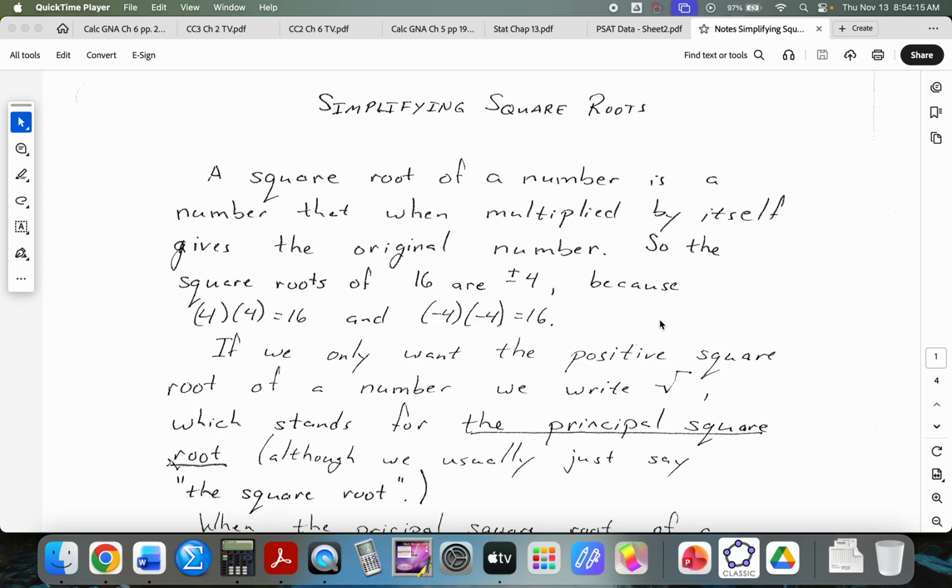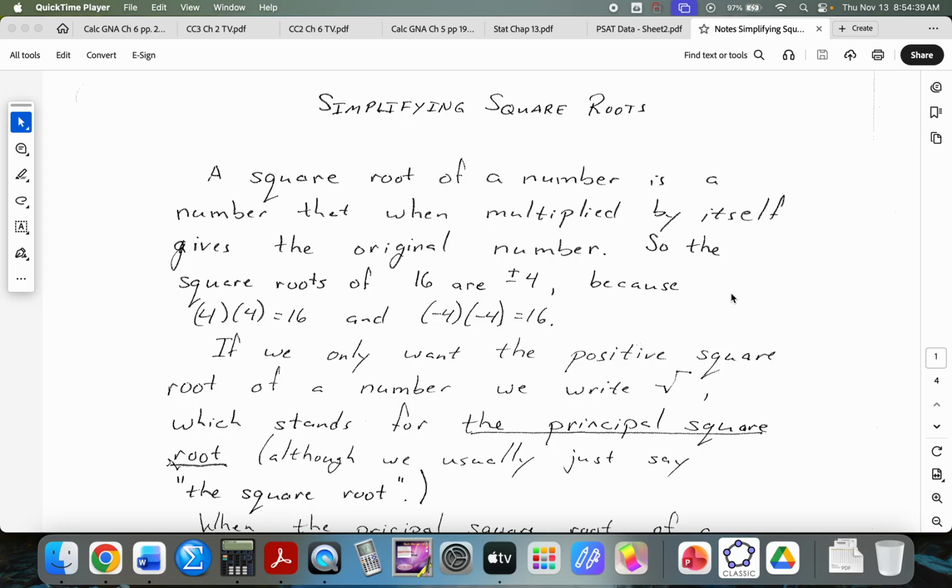So just as a reminder, a square root of a number is a number that when multiplied by itself gives the original number. So the square roots of 16 are positive 4 and negative 4, because 4 times 4 is 16, and negative 4 times negative 4 is 16. By the way,